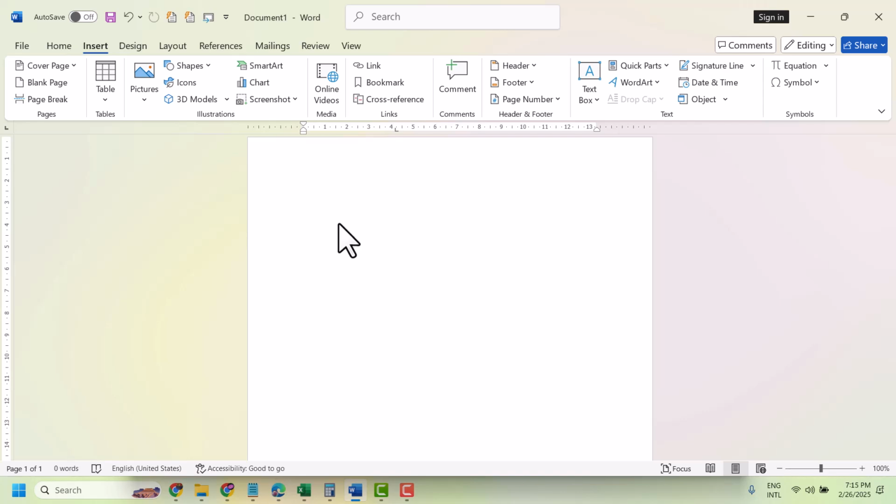So firstly you need to click on Insert. You see here this Insert tab, so just click on it, and here this option Chart, click on it,